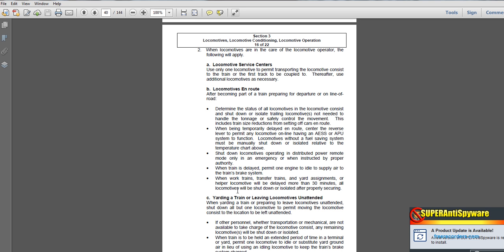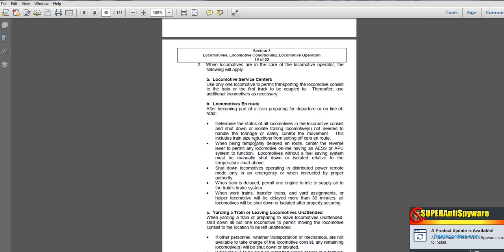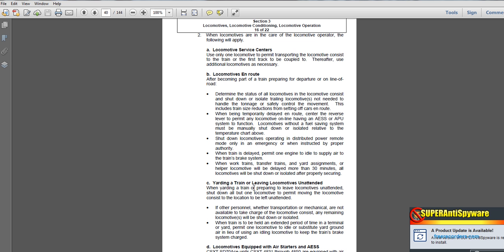That includes train size reduction and setting off cars en route. When temporarily delayed en route, the center of the reverse lever permits the locomotive on the line having AES or APU systems that function. Locomotives without fuel-saving systems must be manually shut down and isolated according to the temperature chart above. Shut down locomotives operated in distributed power remote mode only in accordance with instructions from the proper authority. When a train is delayed, permit one engine to idle to supply air to the train brake system. When working in transfer trains, if the yard assignment of a helper locomotive will be delayed more than 30 minutes,